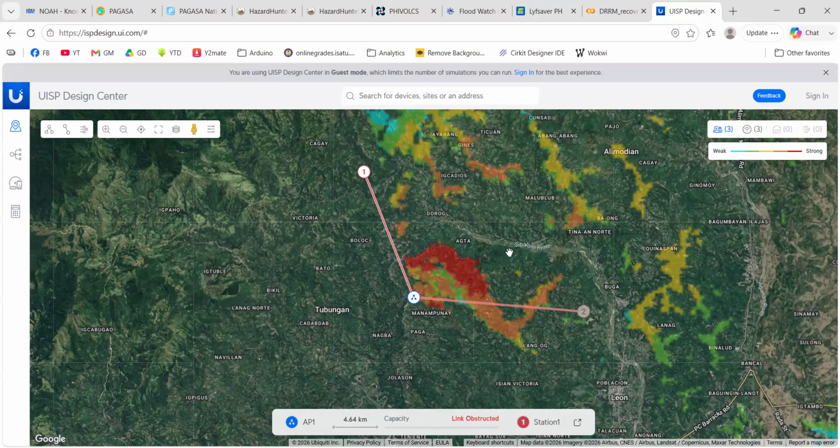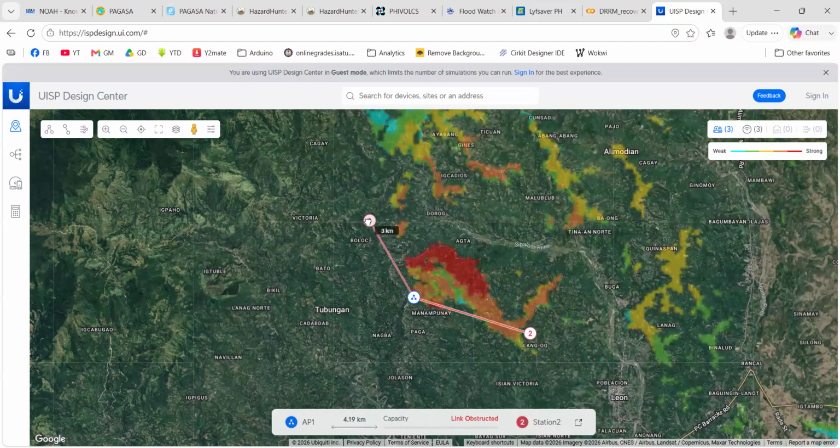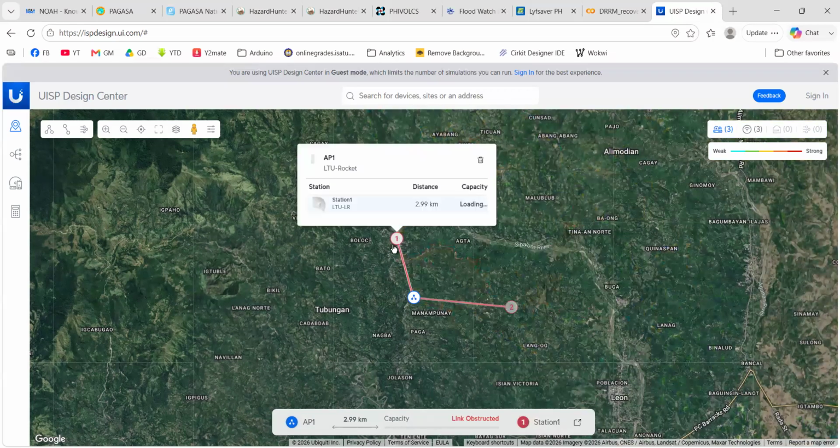So for example, if this area needs connection, then perhaps you can set the towers in this manner. So it depends on your design. It depends on the different constraints.